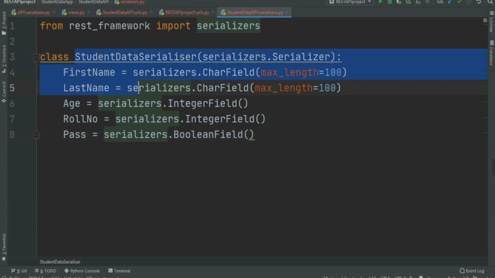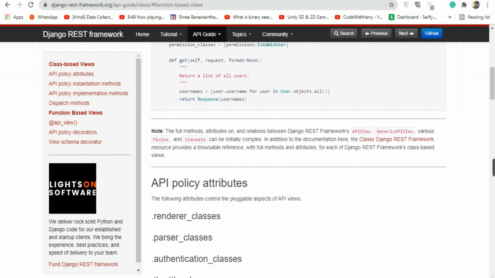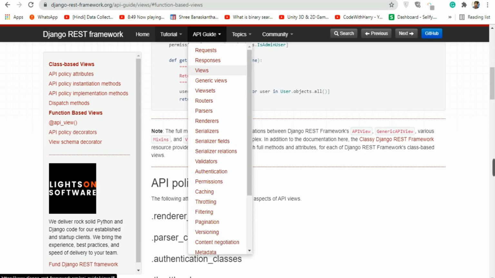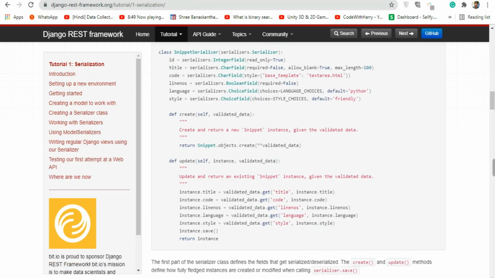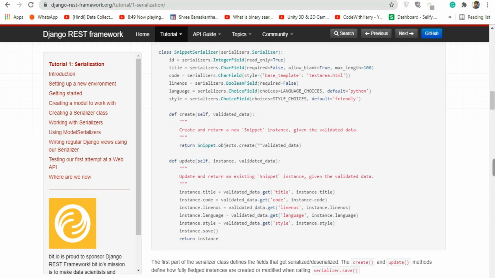In here, as you can see, we just created the class named student data serializer, which we are using now. Now if you see the official documentation of function based views in Django REST, let's first create our data. For that just go in the serializers in the tutorials, and in here you will find def create and def update, which are nothing but the inbuilt functions you can use in your serializers to update and create the data. So let's first create these create functions, and for that just copy this, or let's create a new one. And remember, the name and the argument must be the same.